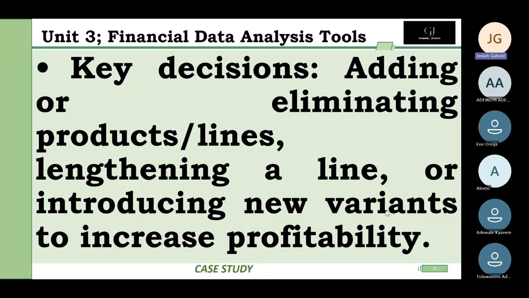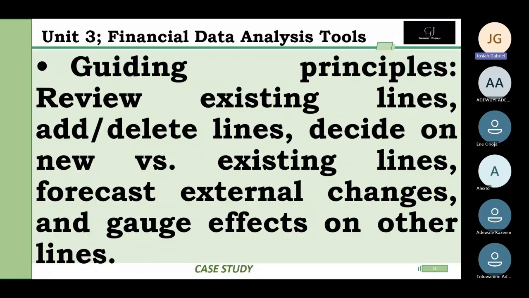Okay, so let's continue our conversation on the key decisions. So adding or eliminating product lines, either lengthening a line or introducing new variants. The primary aim is to increase profitability. Nobody wants a product to die or to be killed. But you see, a product must get to the end of its life cycle stage. What they do in research and development is to keep reintroducing new updates,